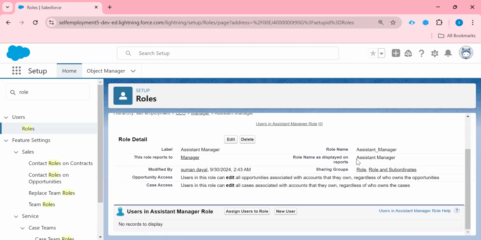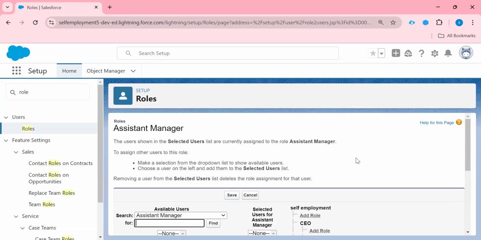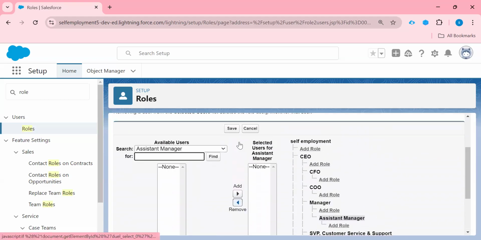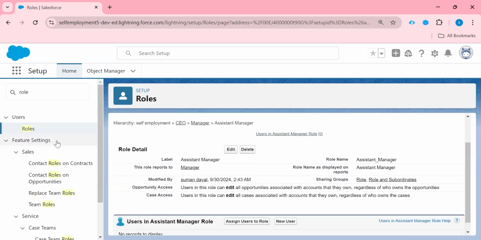Now it's time to assign a user to this particular role. This is one way you can assign from here also, just by clicking on assign to role, assign to user, right? Here you can select your user. This is one way. I'm not going to assign from here. I would like to show you another option from where we can assign.